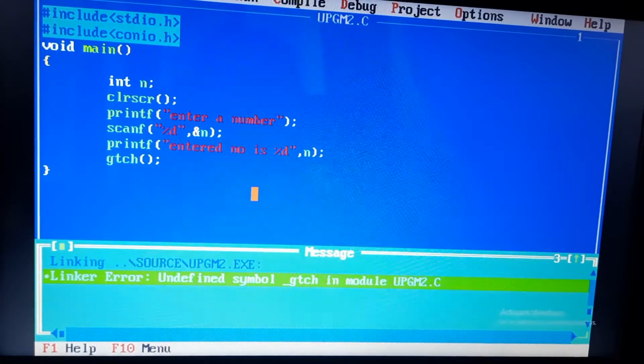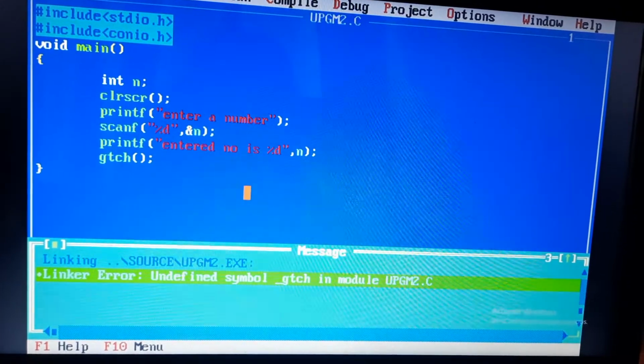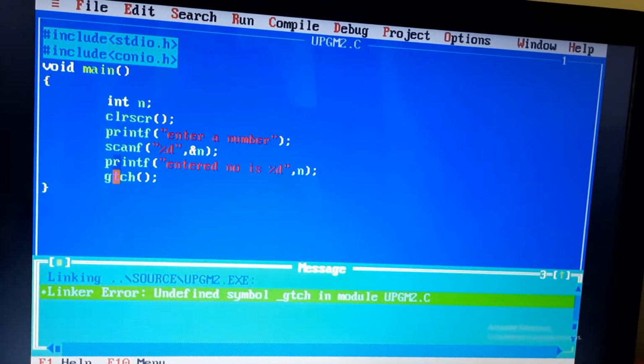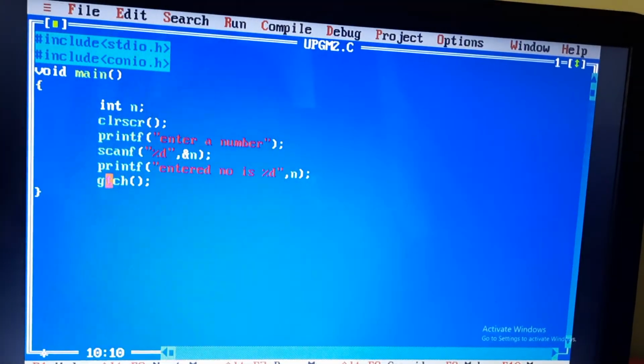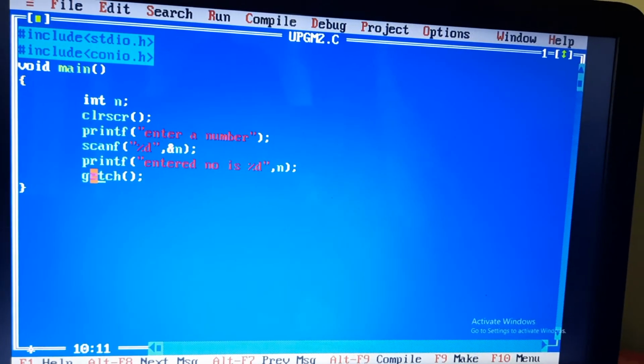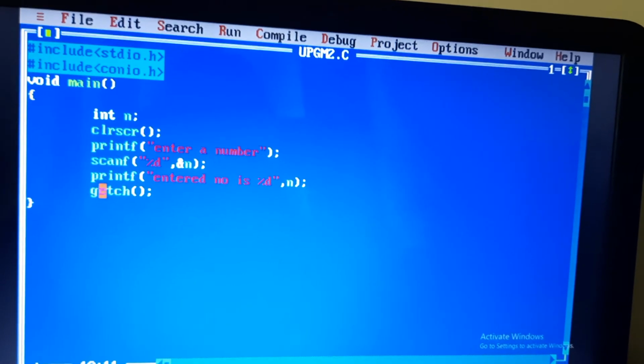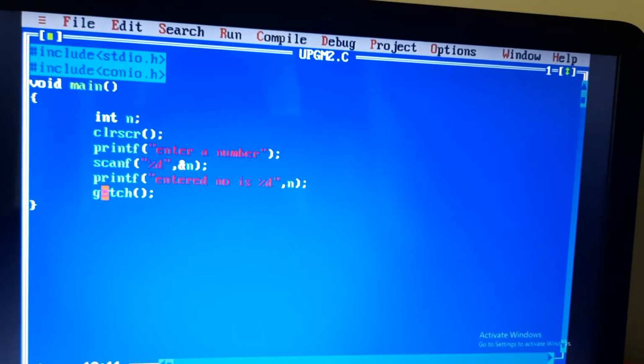The compiler couldn't identify GTCH because there is no definition of GTCH in our files. So I put getch back. Then run, Control F9. It displays: enter a number. I give 45 and press Enter. Clear? These are the common, simple errors.